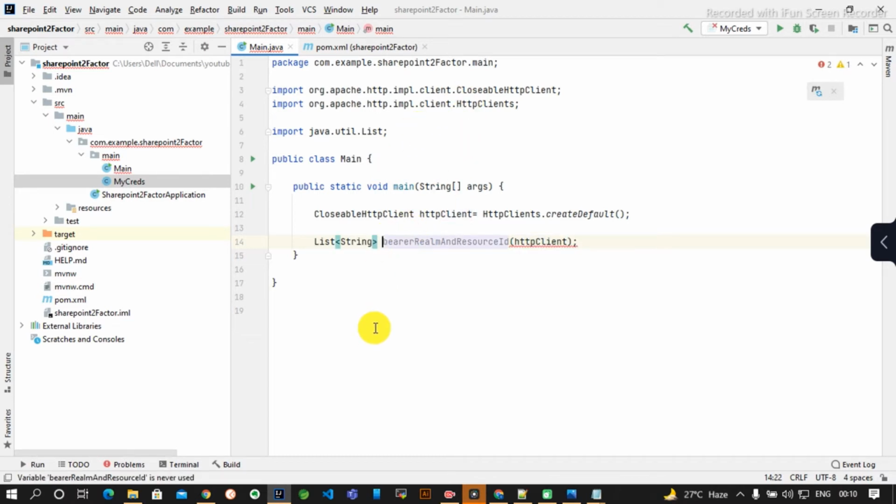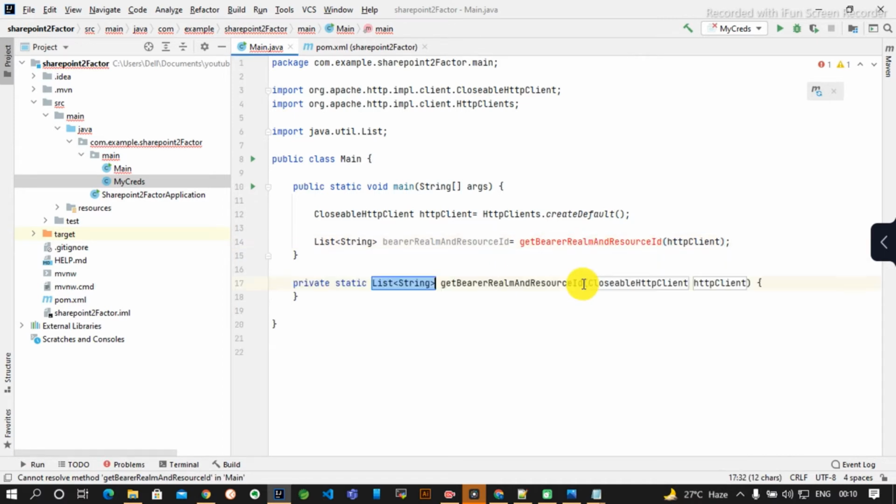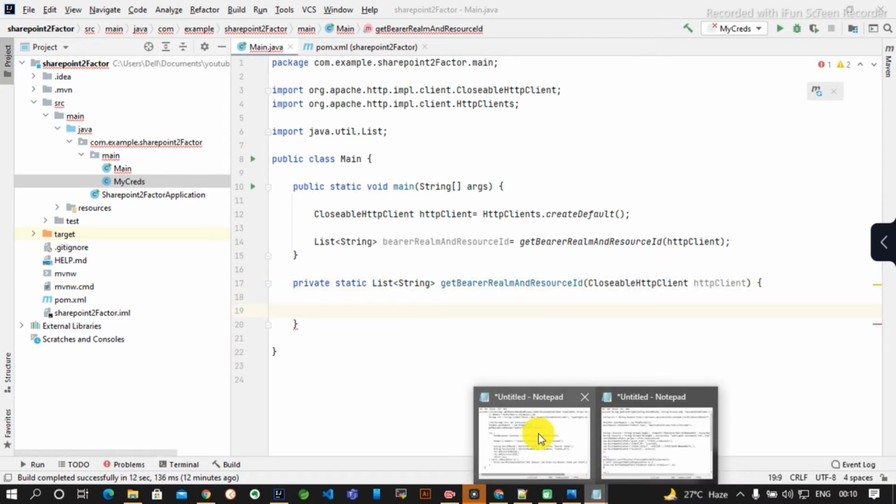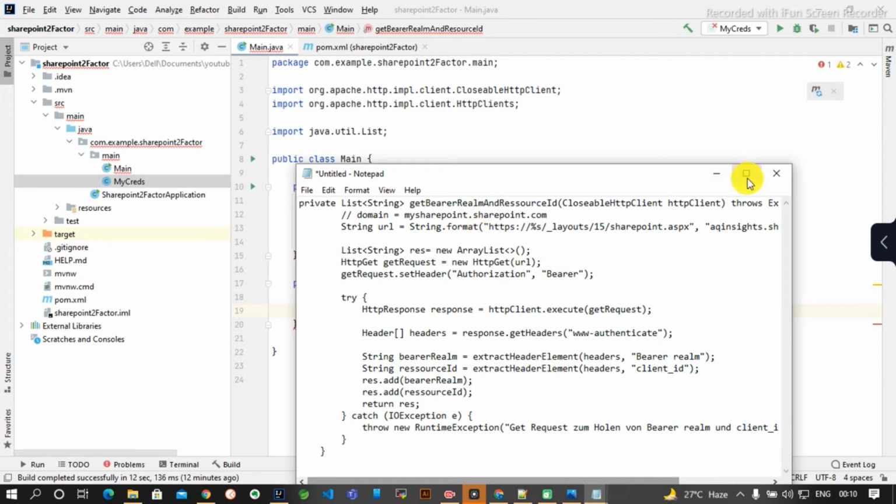List of String, getBearerRealmAndResourceId. Let's create this method. Now we have created this method. I already have this method with me, so I will go through it. Yeah, this one is the method.